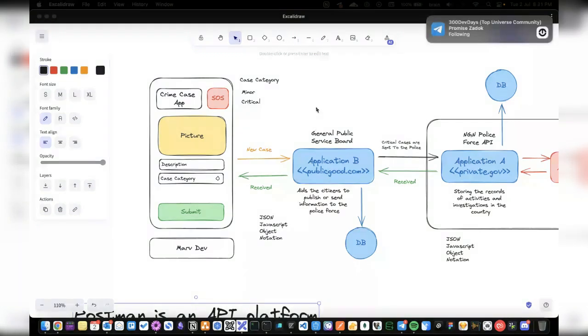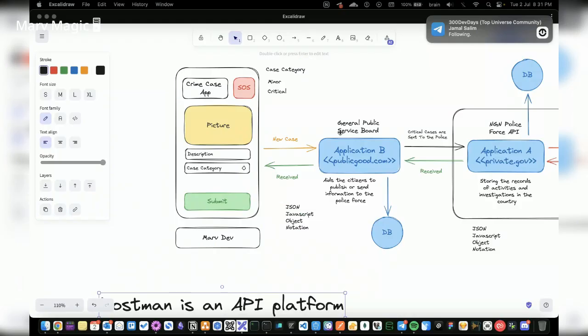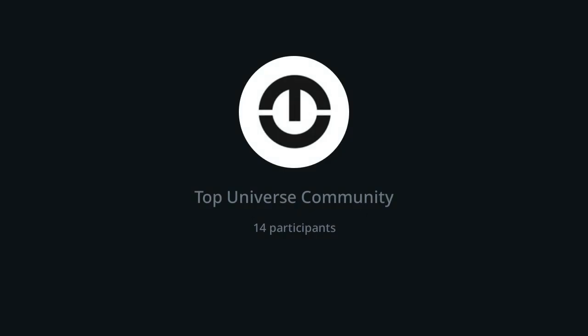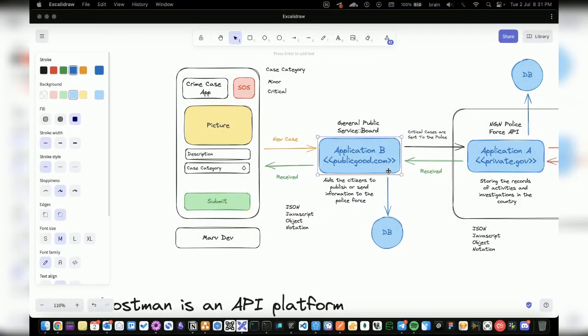Okay. Now, what you've been able to look at here is how we basically use APIs to communicate among different services or different components. In our own case, these are the components. I also love to outline these so it can be clear enough.